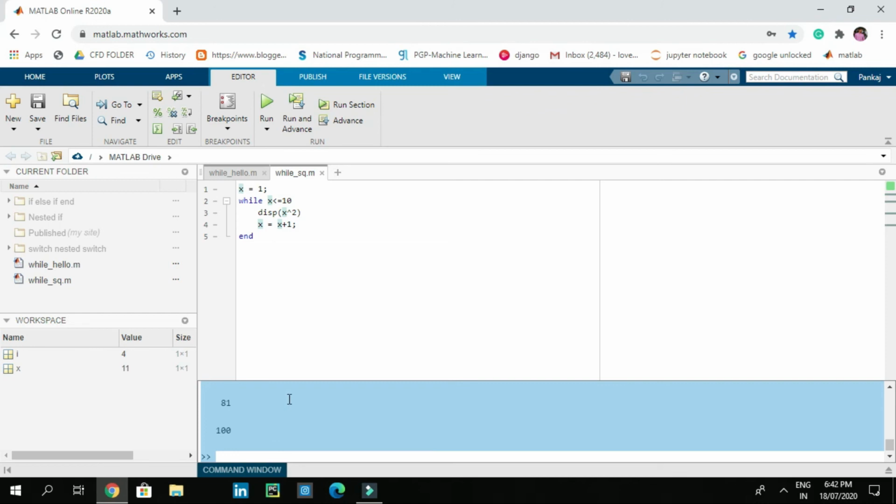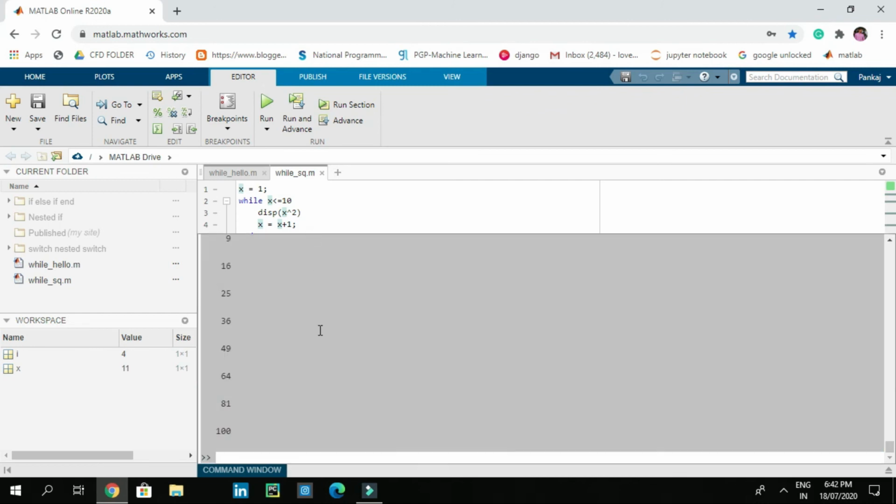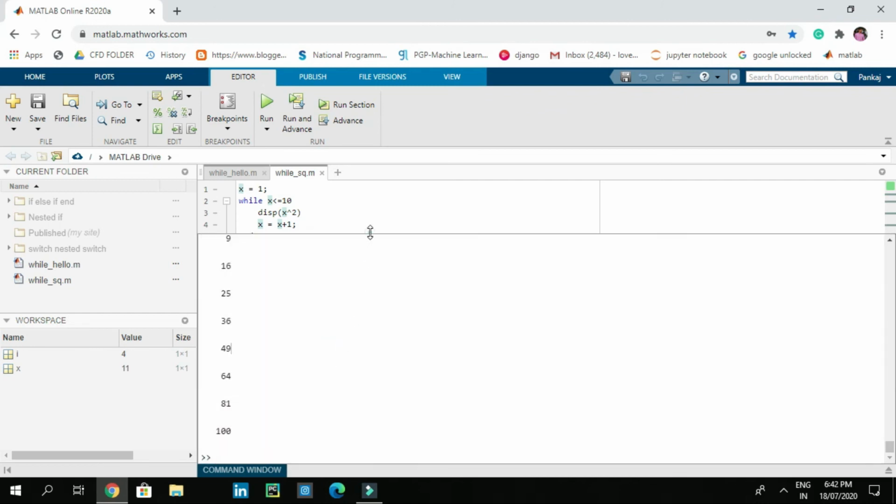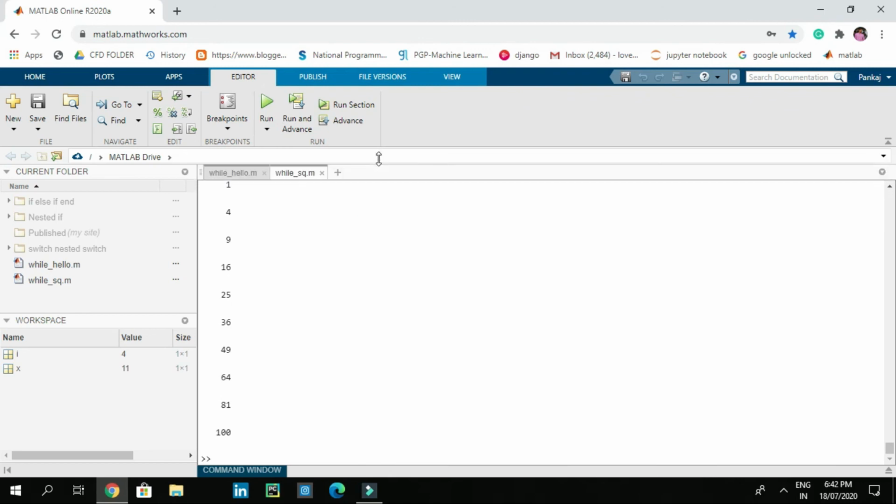So we made our code. Now let's run this code and open the command window. So it prints out the square of all numbers up to 10.